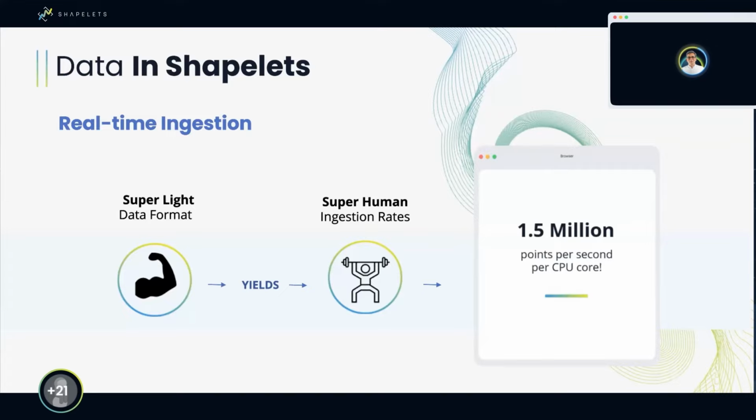Some of the most popular systems for time series ingestion are able to do close to perhaps in the order of thousands, tens of thousands at best, points per second per CPU core, and we are scaling up to 1.5 million. Although I suspect that when we publish the real numbers, this figure is going to be slightly higher than this. All of this is done through the Python API, which is backed up by a super